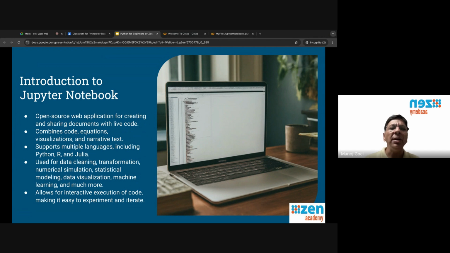So most of the time, once you come across someone, a data scientist, you can assume they are using Jupyter Notebook, and you can also use it. It does not require you to be a data scientist to use Jupyter Notebook. Even some very basic Python coding you want to do and play with, you can do using Jupyter. Just go to colab.google.com and log in with your Google account, and you will be good to go with your